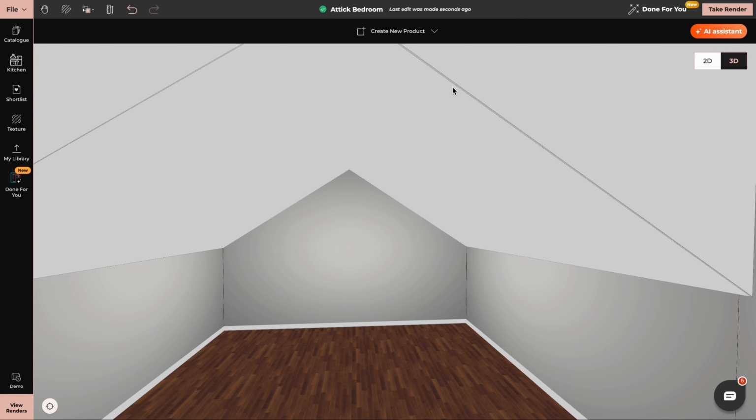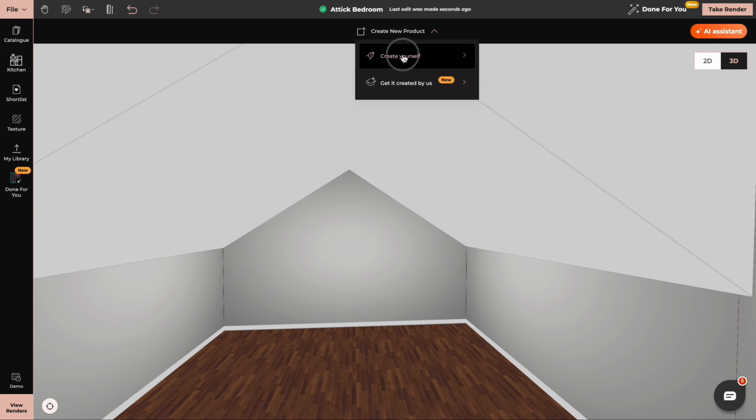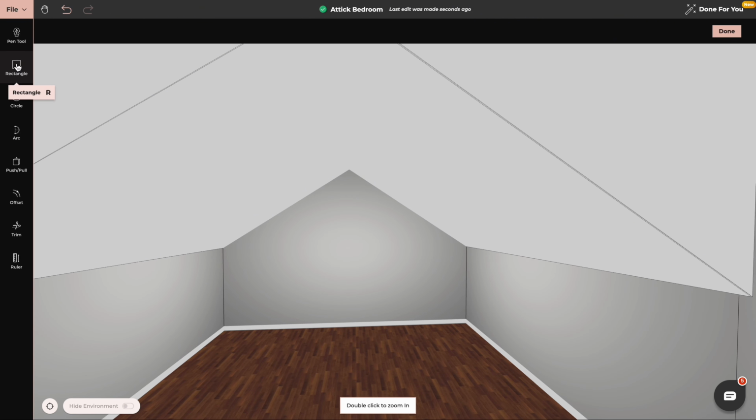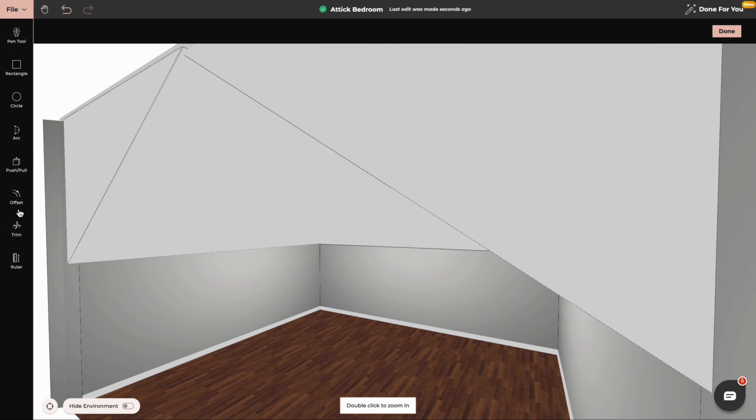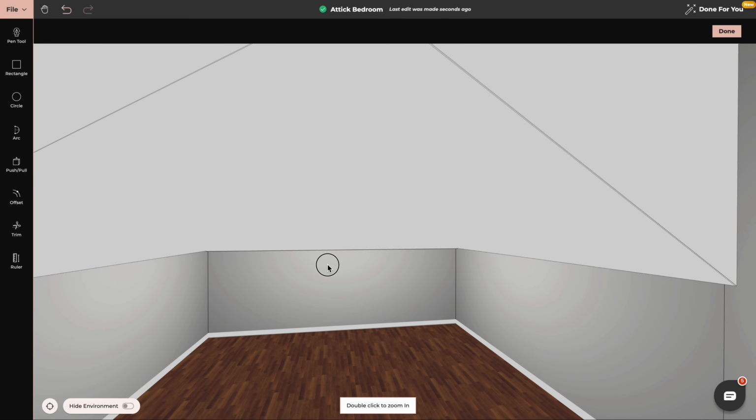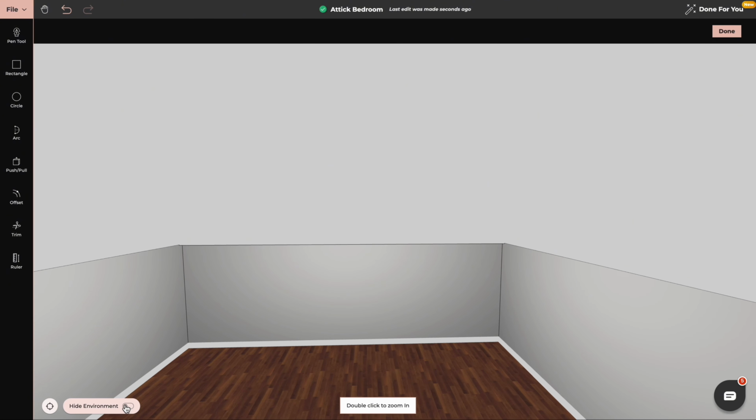To do that, we click on Create New Product tool, Create Yourself, and we'll start with Rectangle tool. Now we'll click on Done